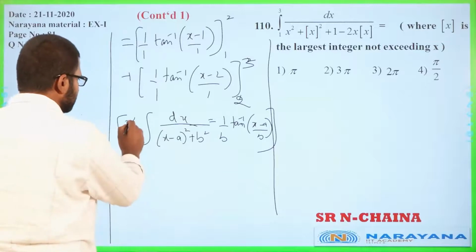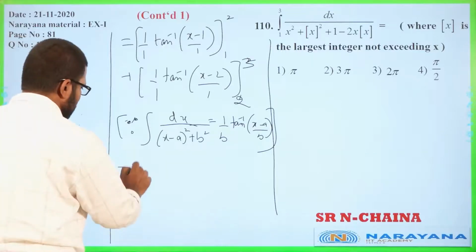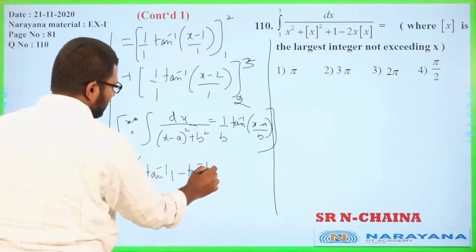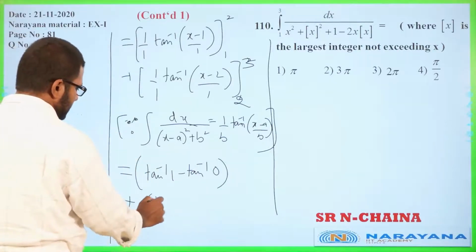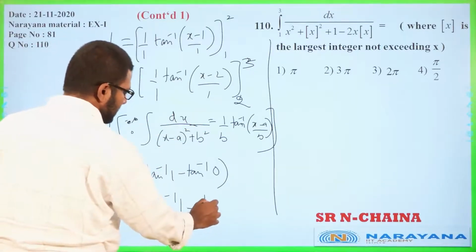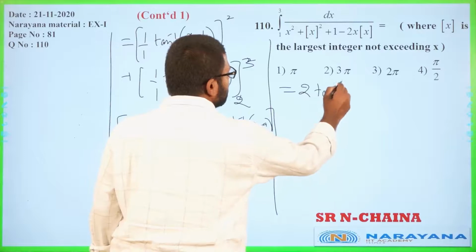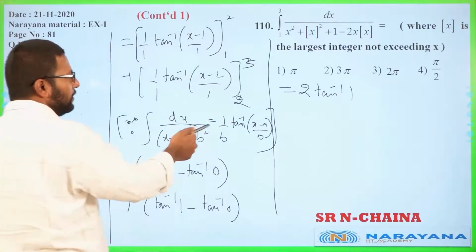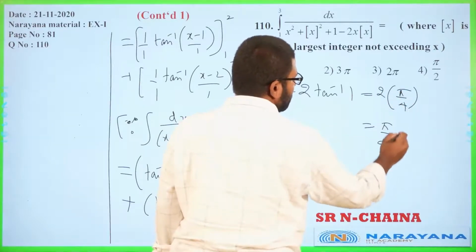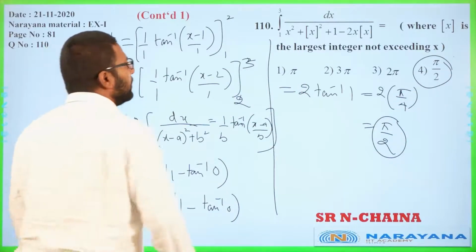Okay, so now just a matter of substitution. Tan inverse 2 minus 1. So tan inverse 1 minus tan inverse 1 minus 1 is 0, plus tan inverse 3 minus 2. Once again tan inverse 1 minus tan inverse 2 minus 2, same value. Right? So basically 2 times tan inverse 1, because each of these terms are 0. So this is 2 into pi by 4, which is pi by 2. Pi by 2 is your answer, right? Okay, let us proceed then.